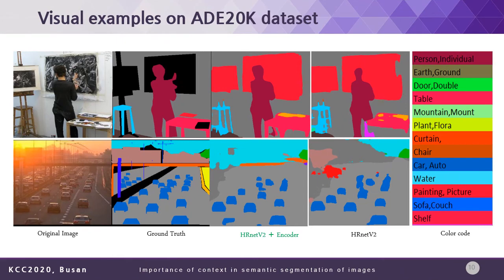More examples of our results for comparison are provided here. HRNet-v2 fails to properly classify. As we can see here, our network has better classification compared with the ground truth. And here we can see that our network performs well compared to the original HRNet-v2. And also we don't have noise here, which HRNet-v2 certainly has, and more car classification.